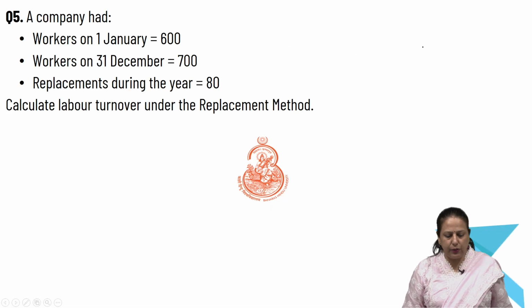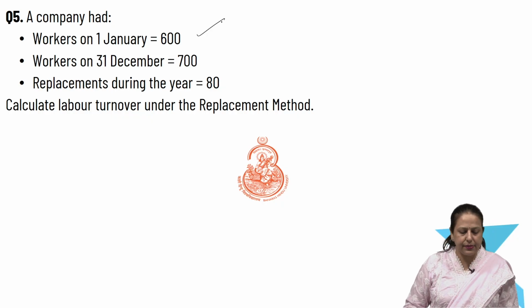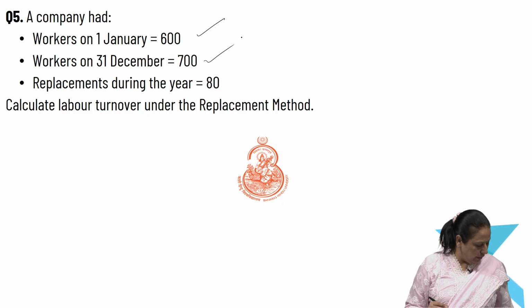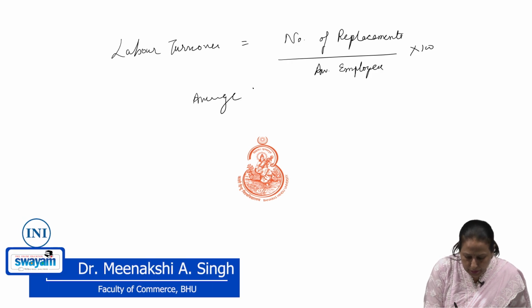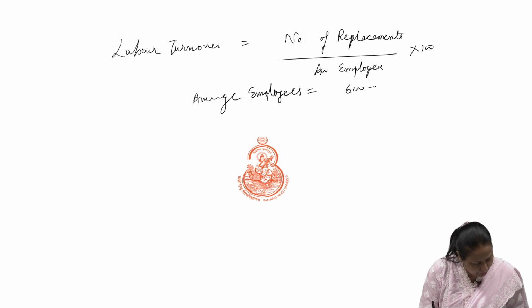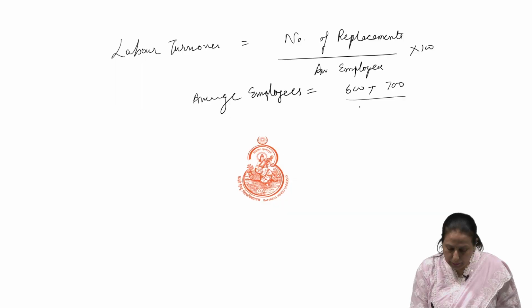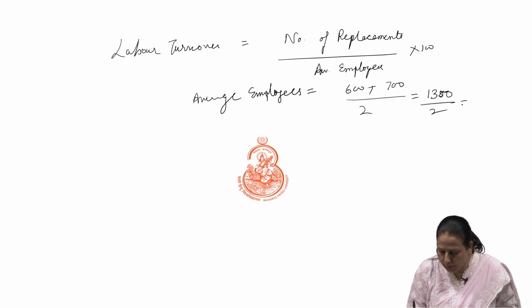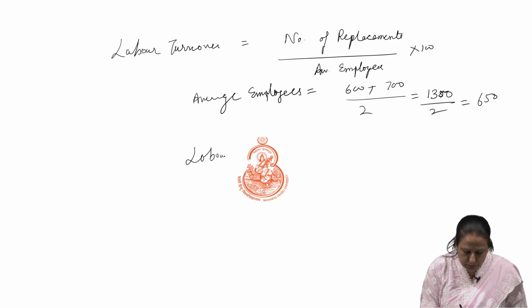In the same fashion as we calculated in the last question, we have the number of workers in the beginning 600, at the end we have 700. So, what we will do here is the average employees in a factory is 600 plus 700 divided by 2, which is equal to 1300 divided by 2 comes to 650, and my labor turnover would be,